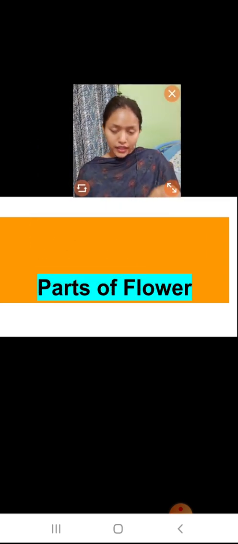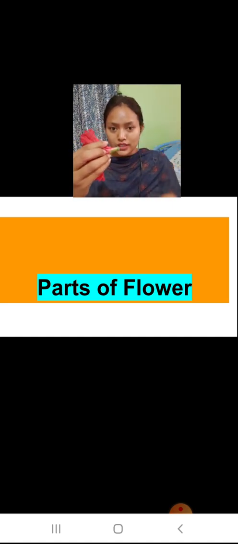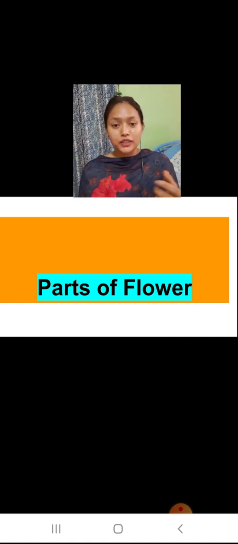Like you can take the flower and you can just take out the parts and then explain that this is pedicel, this bulged out part is thalamus, these green structures that you can see here, these are what? These are sepals. Then after that you have to explain their importance also, that sepals are used to protect the flower in the budding stage.